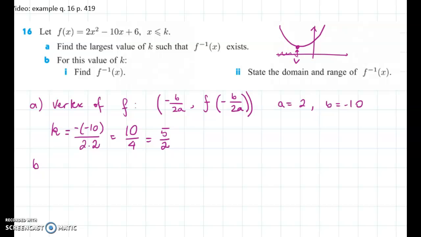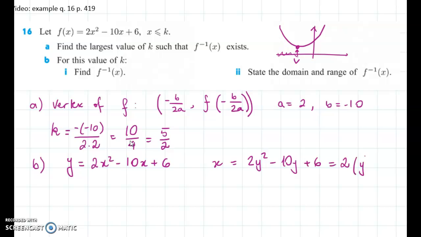Now we need to find an expression for that inverse. So we have that y as a function of x is given by 2x squared minus 10x plus 6, and we want to write x as a function of y. So we are going to change the names of x and y, so we want x to be equal to 2y squared minus 10y plus 6, which we will also write as 2 as common factor, and then y squared